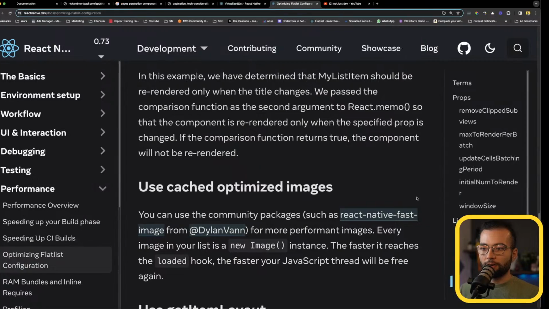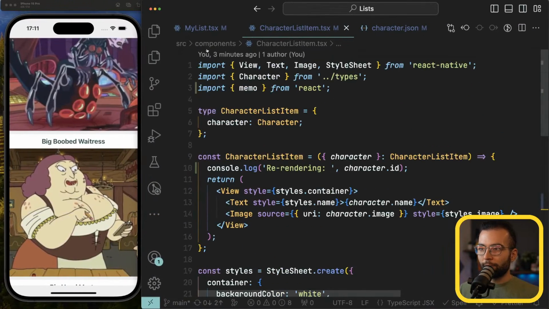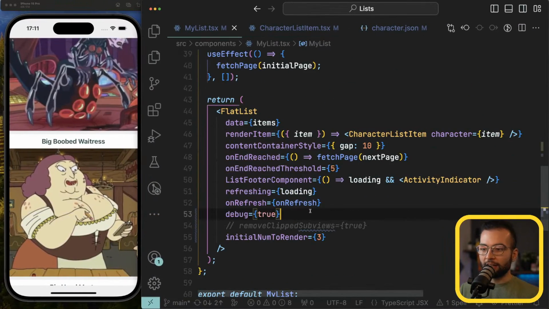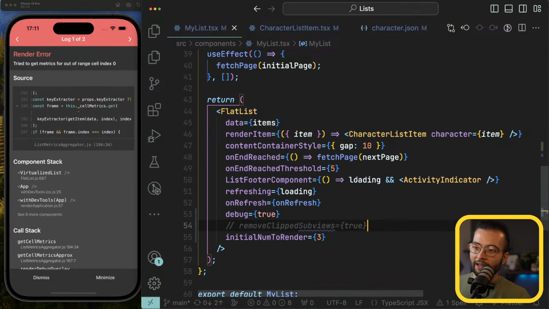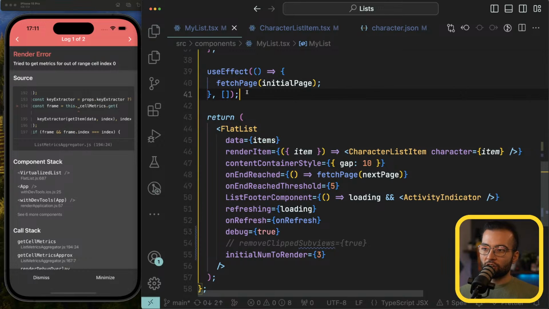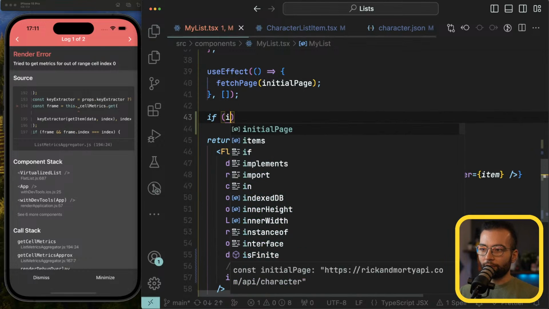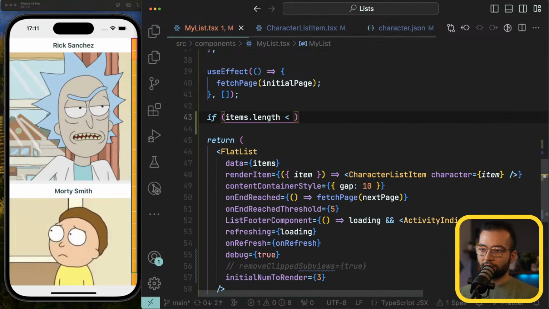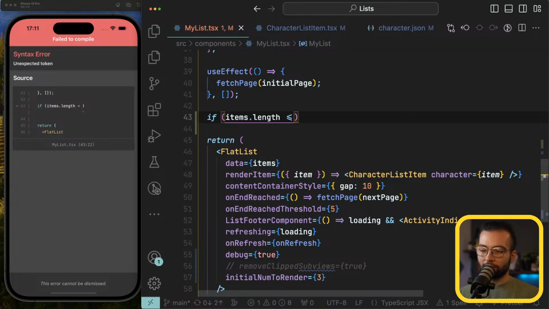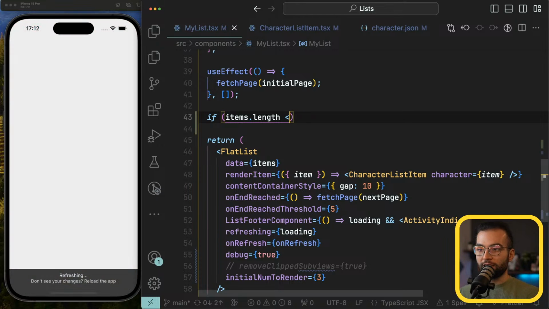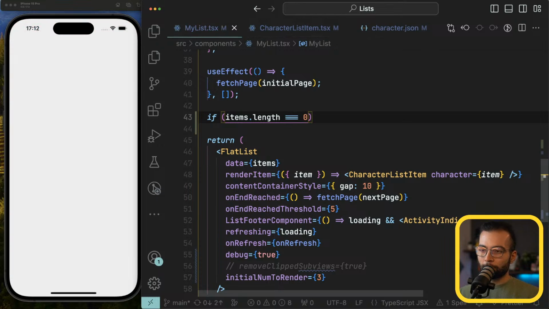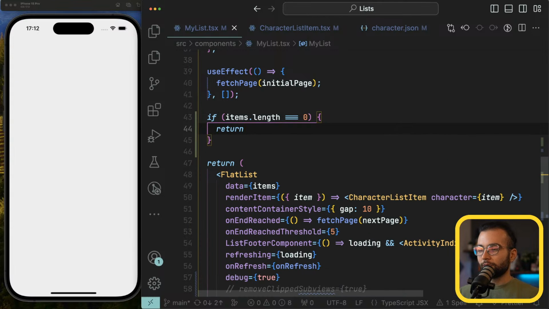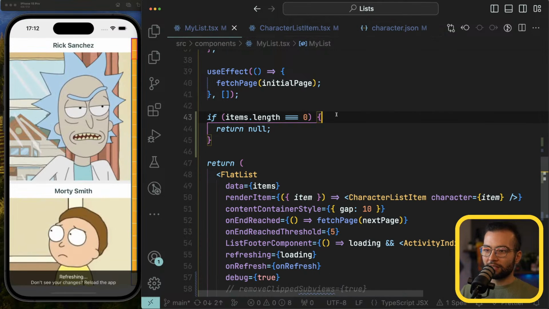So the guy is saying that my problem with debug here fails only when the items array is less than 0. So I can do a check here: if items.length is less or equal than 0, or if it's equal to 0, then I will return nothing, because this is only